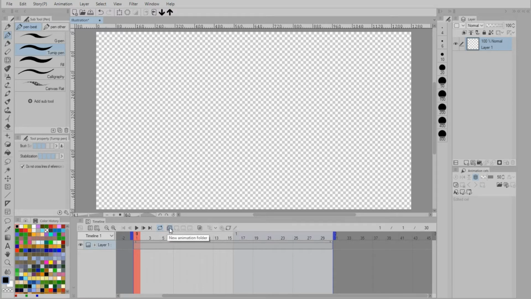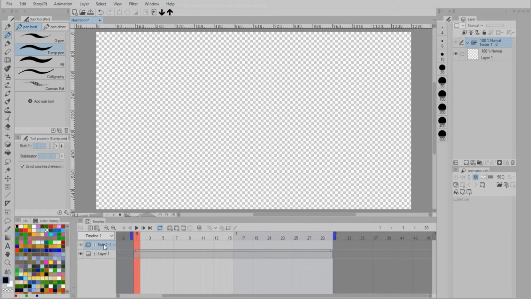Now the next one here is an important one, which is a new animation folder. So in Clip Studio Paint, basically the terminology that they use is that you've got cells within an animation folder. So an animation folder basically represents what might be called a layer in other programs. So after you've created a timeline, really the next thing that you want to do is create an animation folder. So we just click on that, and we see that we've got our folder here, and it shows up as